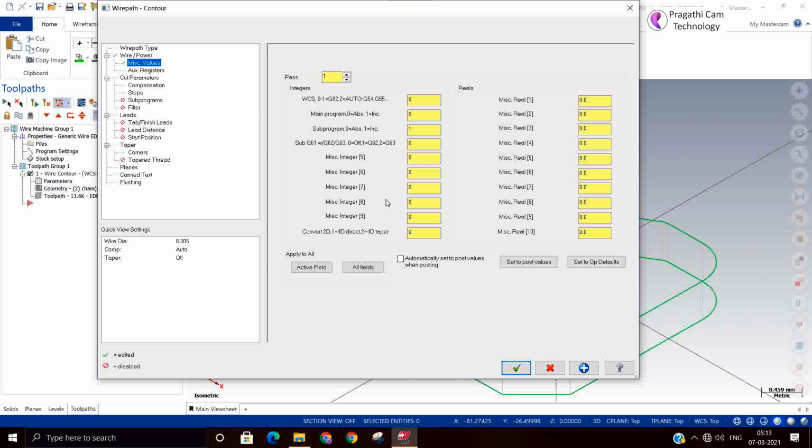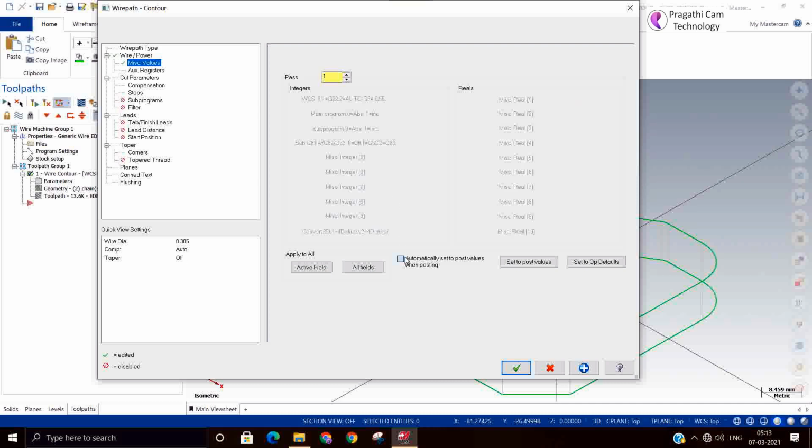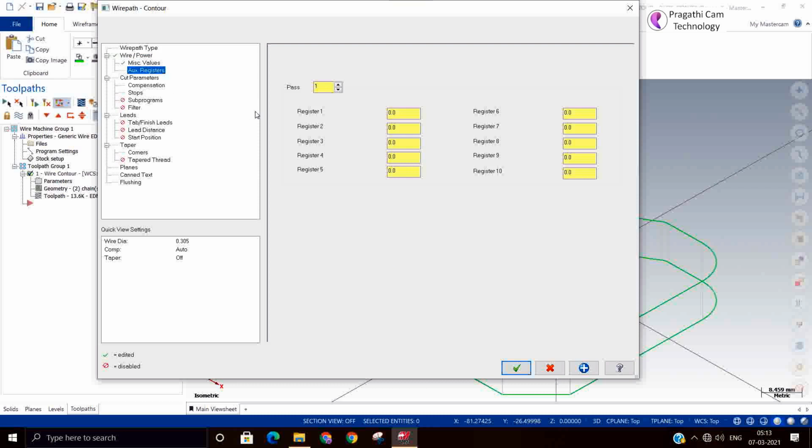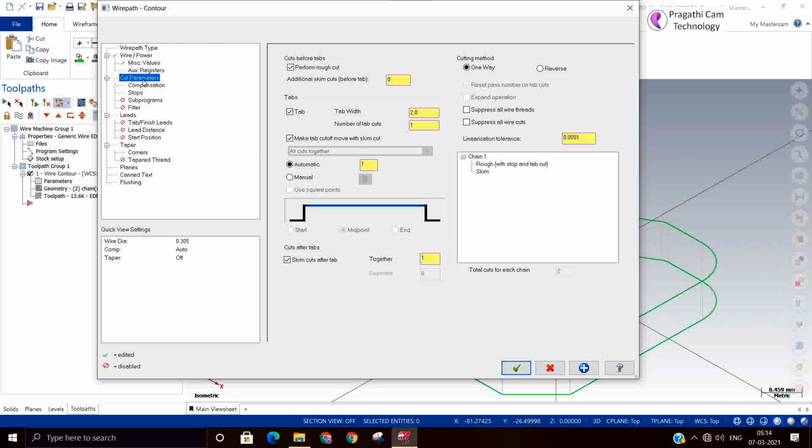Otherwise, it is not necessary; you can use the default. This is the Axis register. It is machine related, and based on the machine, this Axis register has to be made and kept. You need not worry; this comes with the technical support.